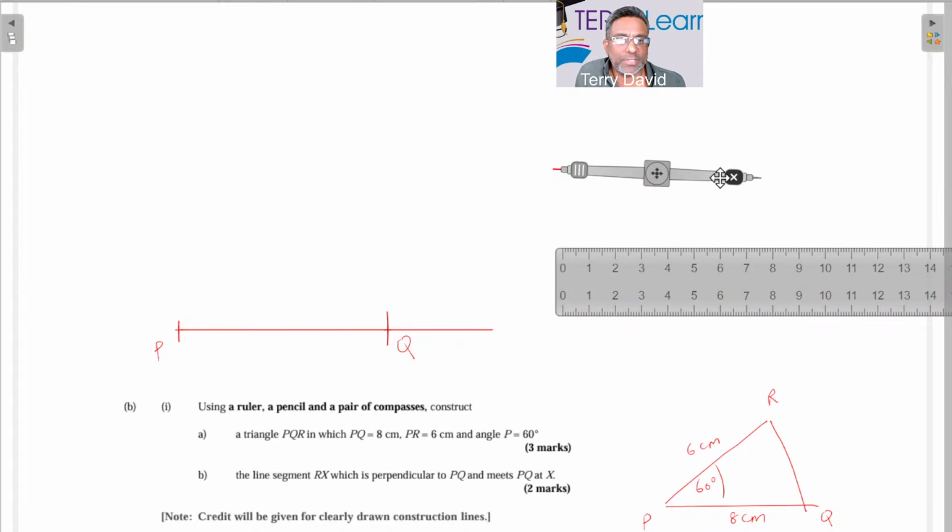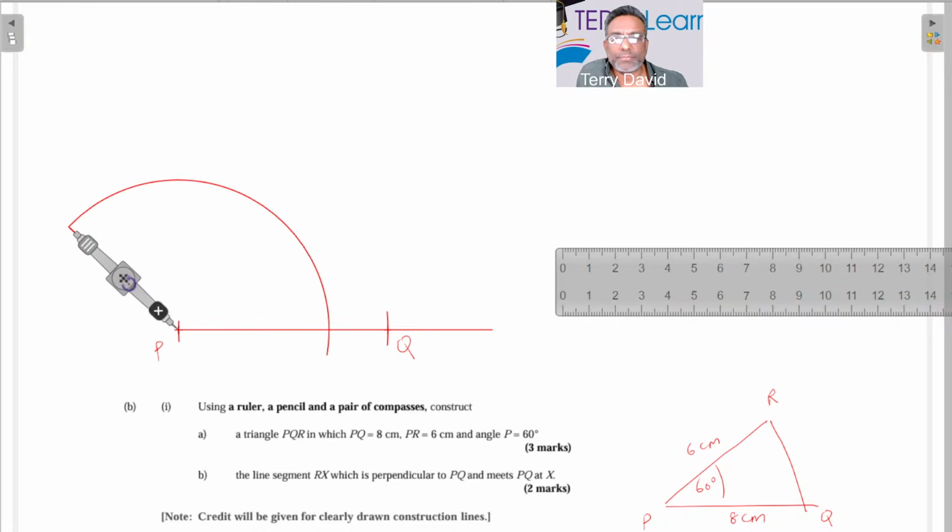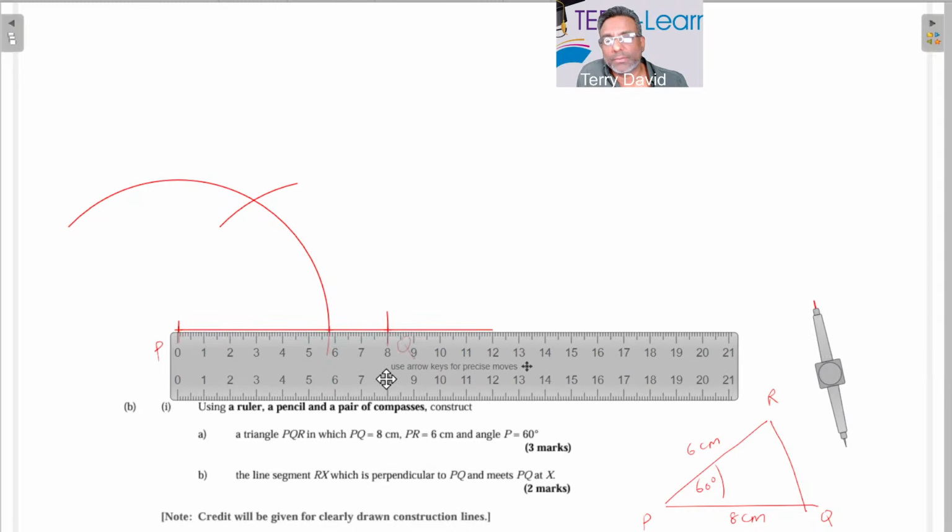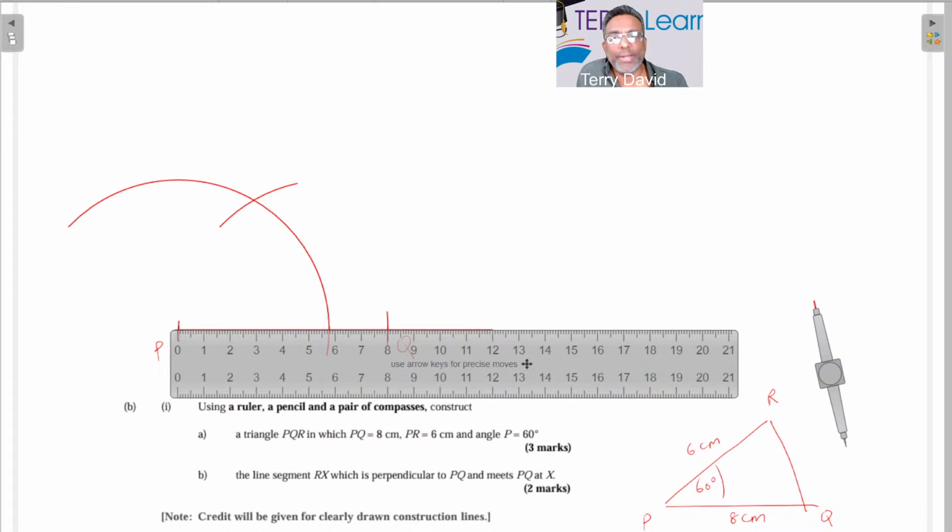So you have to be able to construct a 60-degree angle, which is very simple to draw. All we need to do is place our pointy part of the compass here. And we're going to draw an arc here. Using that same opening, you're going to place the pointy part here now. And you're going to draw a second arc here. So I can use that point P as this point here. And that point of intersection of the two arcs, right? So in this case here,